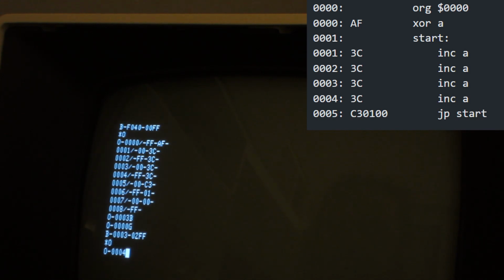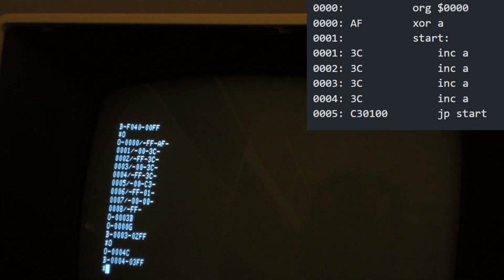So if I do C, as you can see, it basically does one step of the program, and here the AF register, the A register increased by 1, and it stopped at 0004.